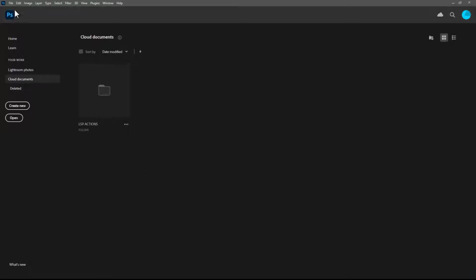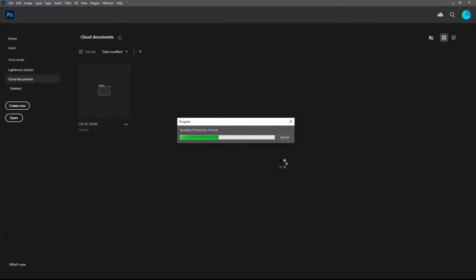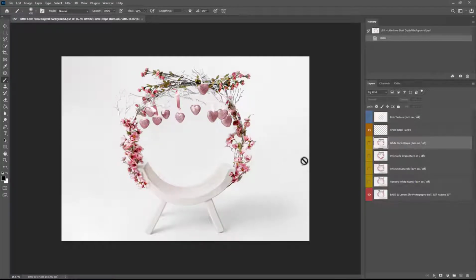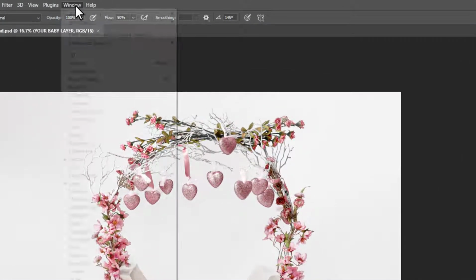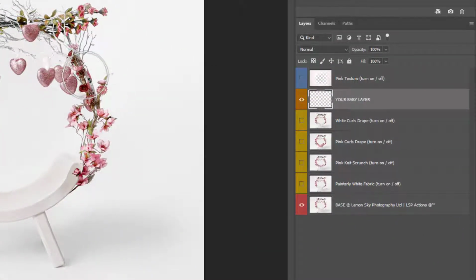So let's get started. I'm going to open up the unzipped digital here in Photoshop by going to File, Open, and this will just take a moment to load up into Photoshop because it is a rather big file. You'll need to be able to view your Layers panel. If you can't see this, come up here to Window and choose Layers, and your screen should look a little something like this. Over in your Layers panel, you will see you have the base layer here, which is just